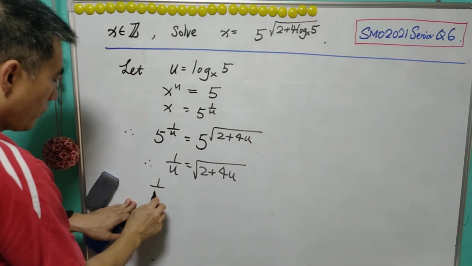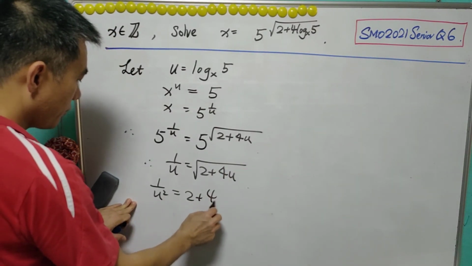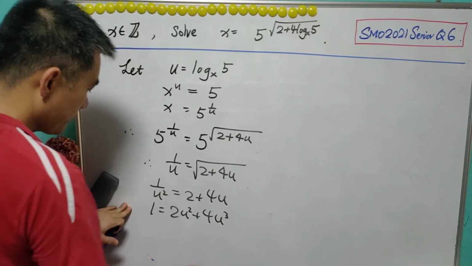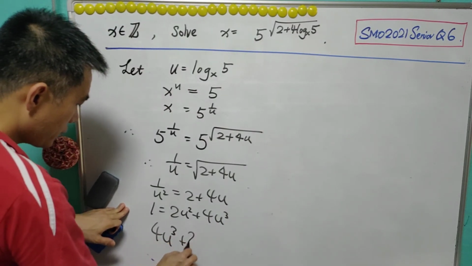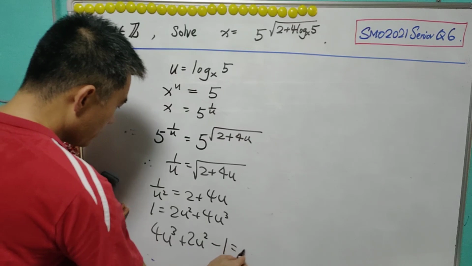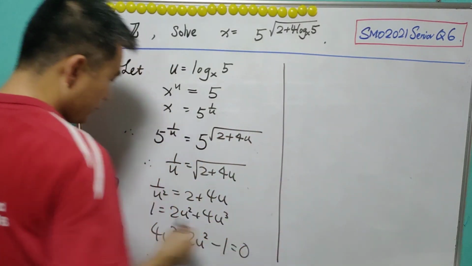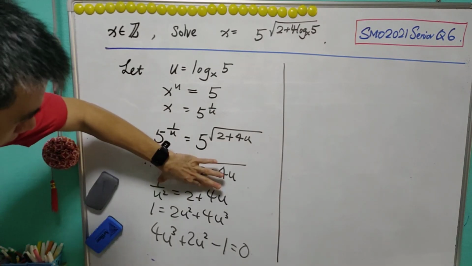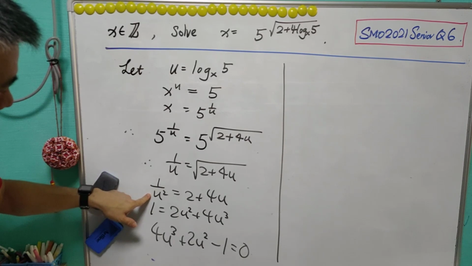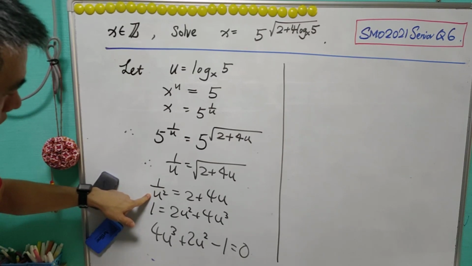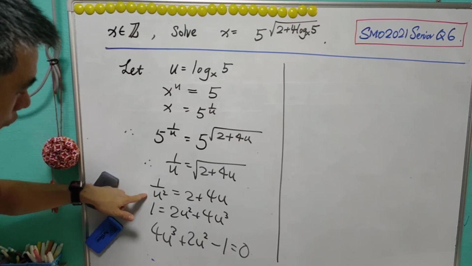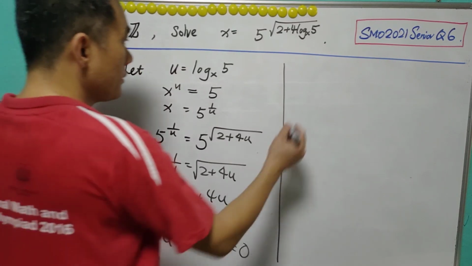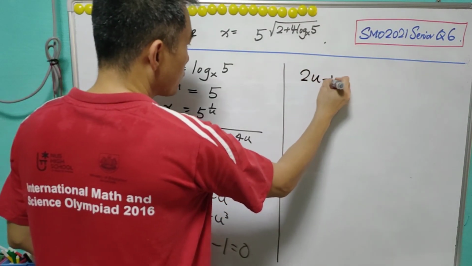Now when you square both sides, 1 over u squared equals 2 plus 4u. So 1 equals 2u squared plus 4u cubed. So 4u cubed plus 2u squared minus 1 equals 0. Actually, you can guess the answer from here, that u is equal to 1 over 2, because when u equals 1 over 2, 1 over u squared will be equal to 4, and the right hand side also equals 4. We can try and see u equals 1 over 2,